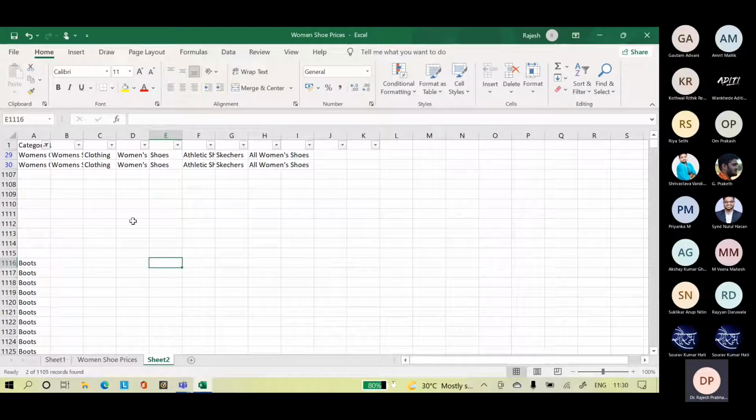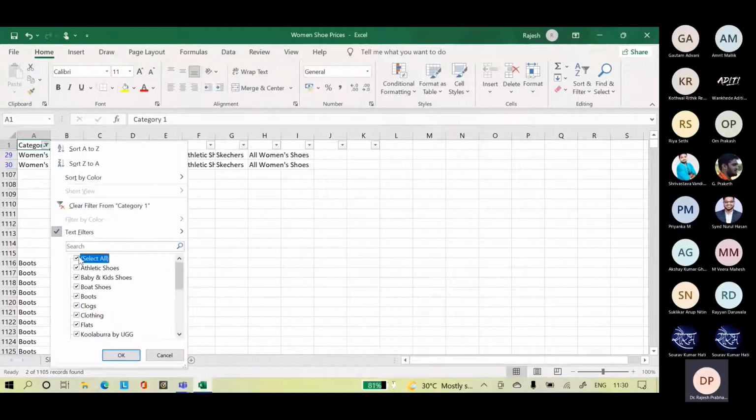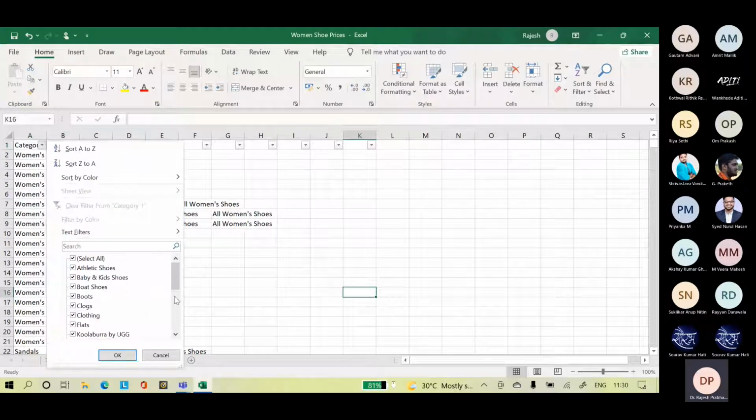Only 2 are there. So we will put the apostrophe manually. Then select all. Okay. Now category wise, we have women's casual shoes and women's shoes.